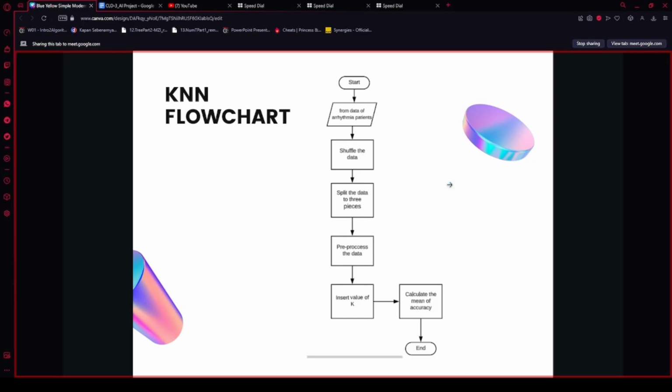First is, of course, the same as naive Bayes, reading the data from arrhythmia patients, shuffle the data, then split the data into 3 pieces. After that, we process the data. A little bit different than naive Bayes is that despite us choosing the 5 features, like the feature selection, it actually still uses the other attributes or features that exist in the data,